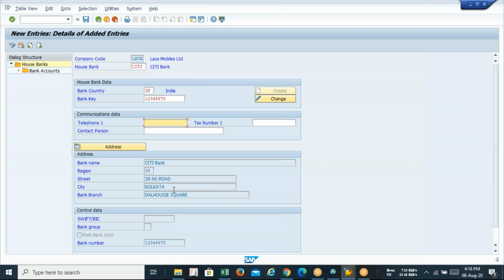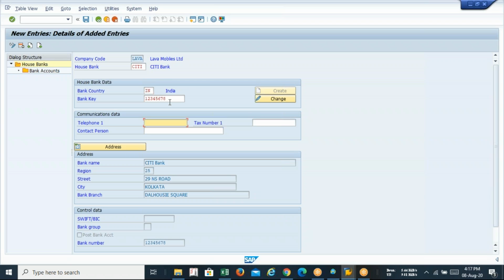So guys, have you understood? Here we are creating the house bank. I repeat, we are creating the house bank. At the same time, we are creating the bank key also. But previously, when we started this configuration, we divided our total task into three layers. Number one is the bank key, number two is the bank GL, and number three is the house bank.